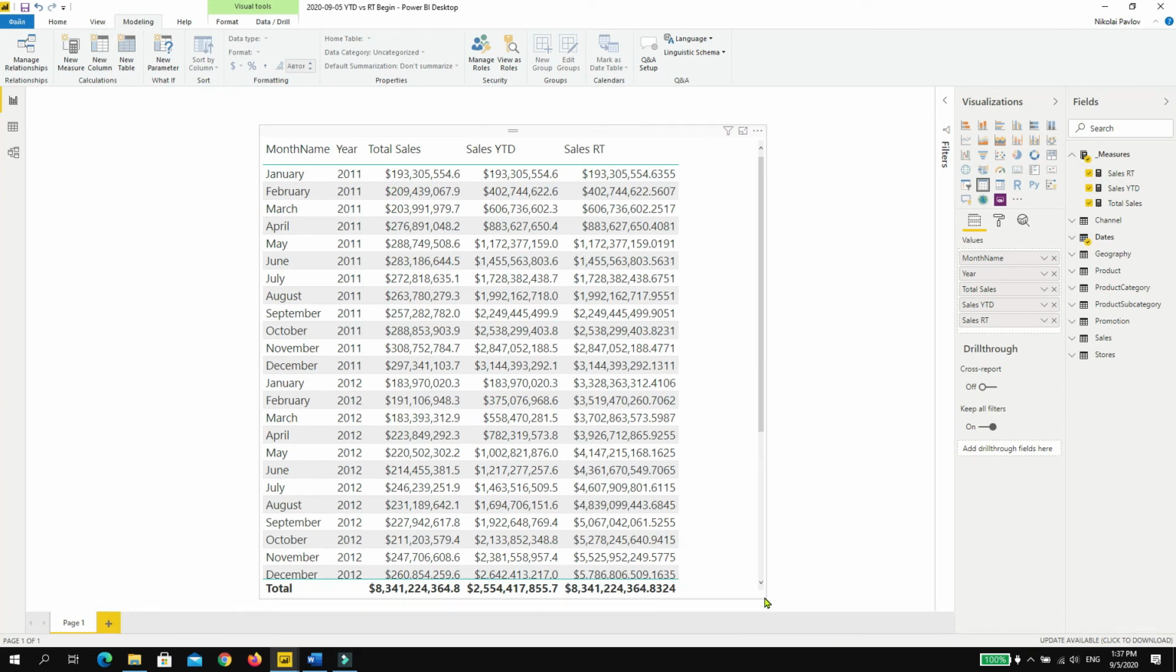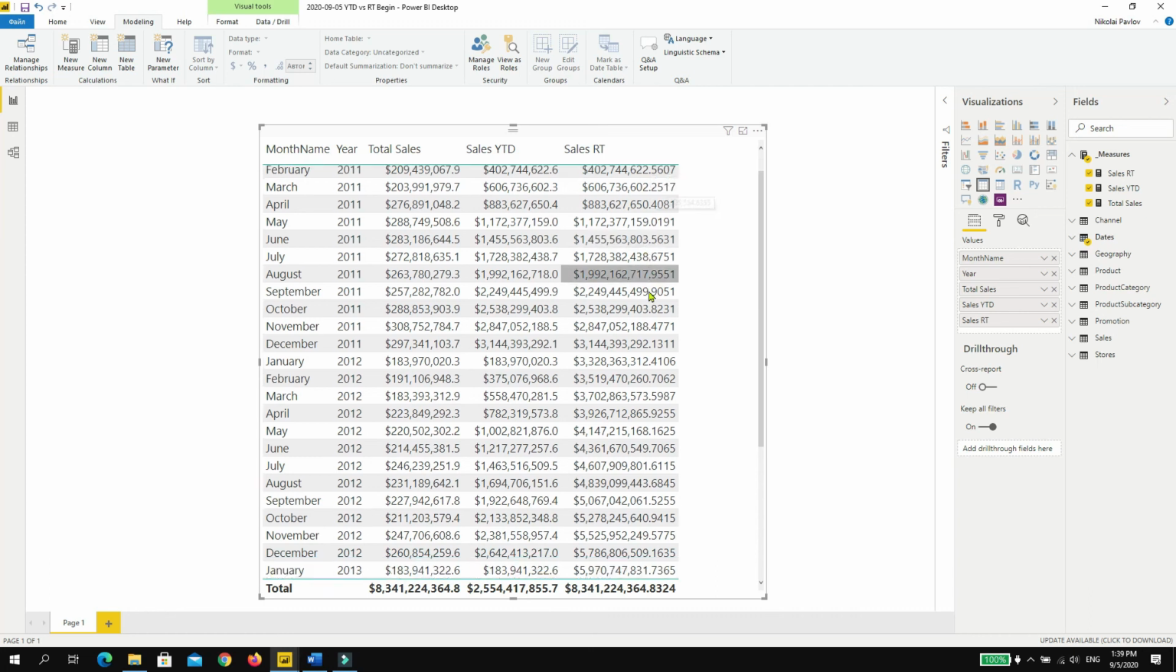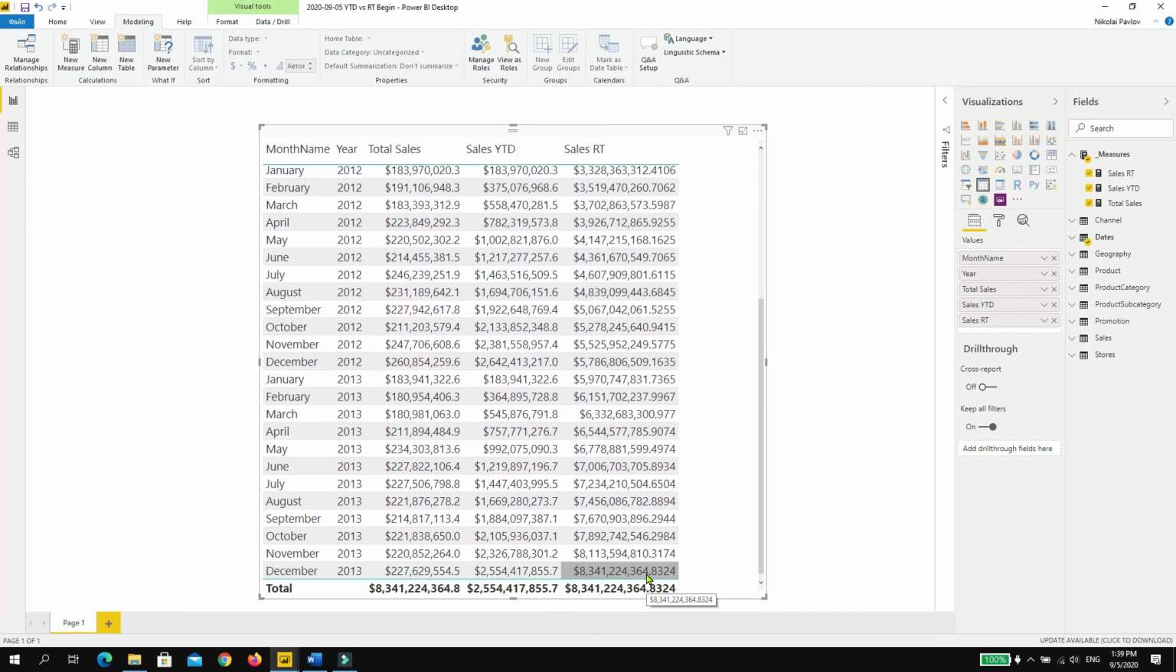As you can see, the numbers under the year-to-date column reset at the beginning of the year, while running total keeps accumulating numbers, like I said before, from top all the way to the bottom. In other words, running total accumulates all the numbers from January 2011 in our example all the way to December 2013, and then in the end it gives a total sum of all the sales within the 3-year period,